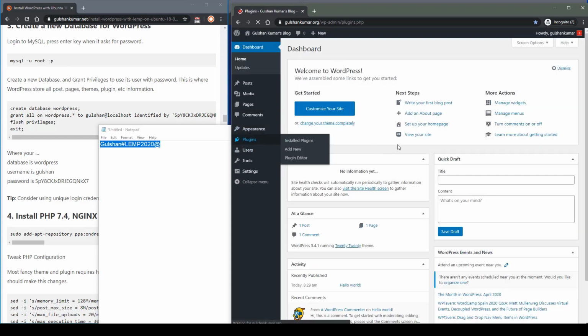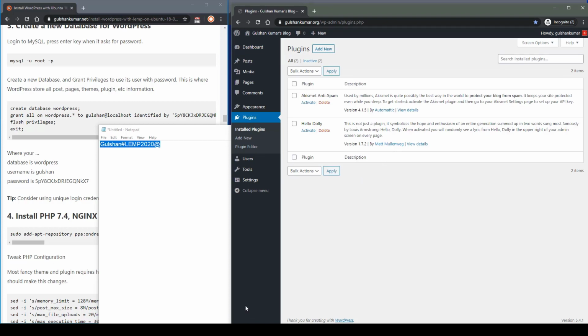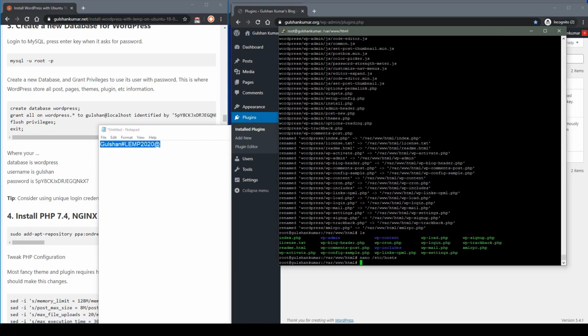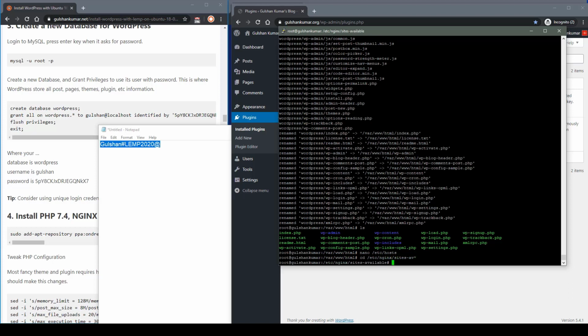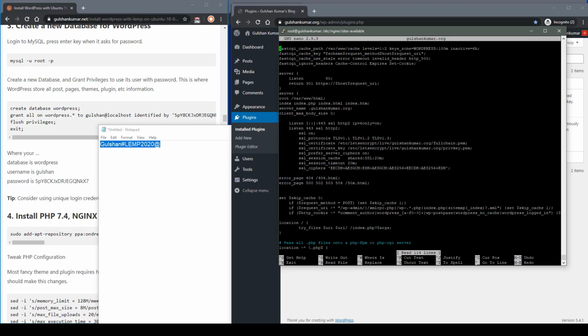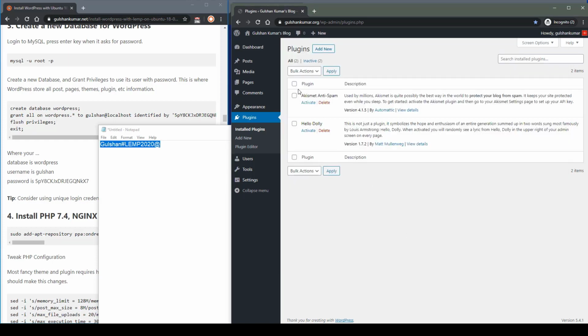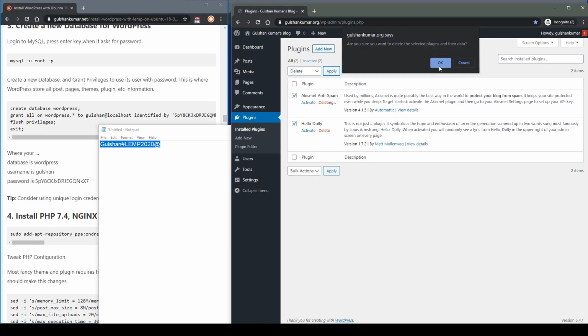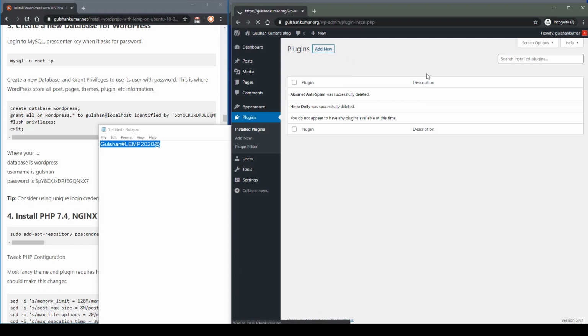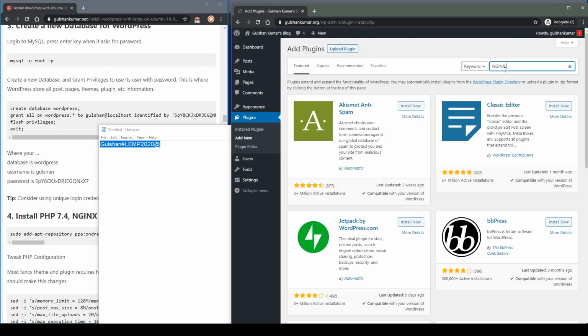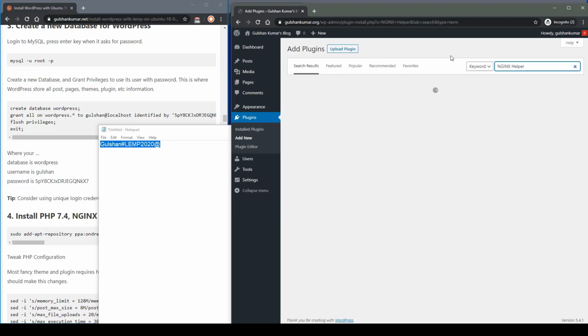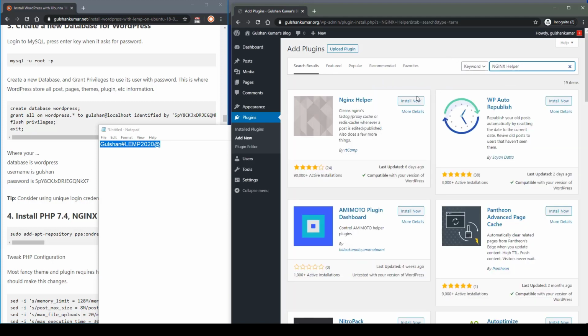So WordPress is installed, but there is one more step because I have used the FastCGI method. As you can see, I have the FastCGI method, so I need a proper purge feature. To complete the purge setting, I need to install a plugin called Nginx Helper. This plugin is very good. I think it works with Hindi language websites as well as English.